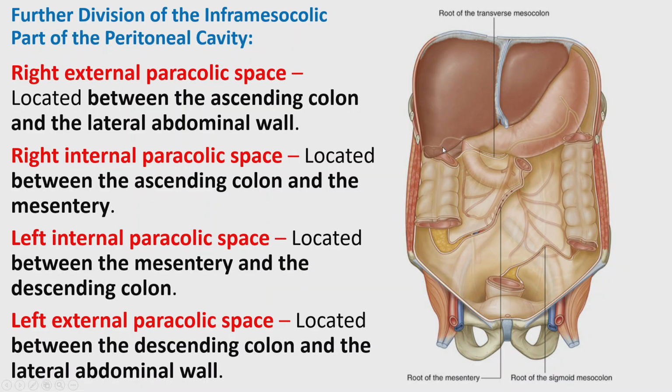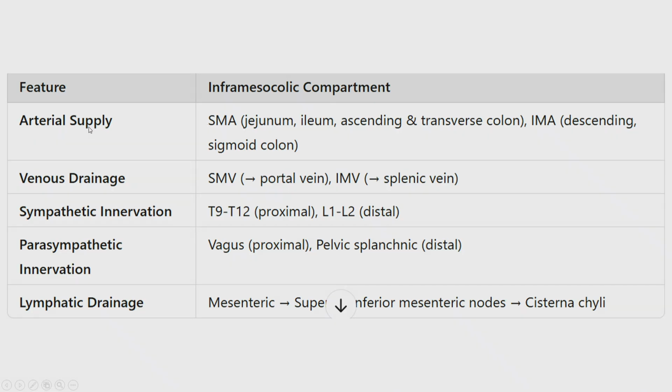The inframesocolic compartment is further divided into the paracolic spaces, external and internal, on the right side and left side. The arterial blood supply of the inframesocolic compartment is via the superior mesenteric and inferior mesenteric arteries. Venous drainage is again to the portal vein. Sympathetic and parasympathetic, the parasympathetic by the vagus till the left colic flexure, and